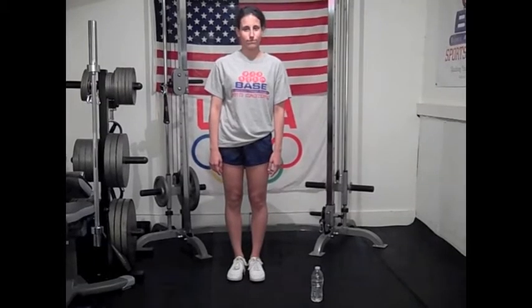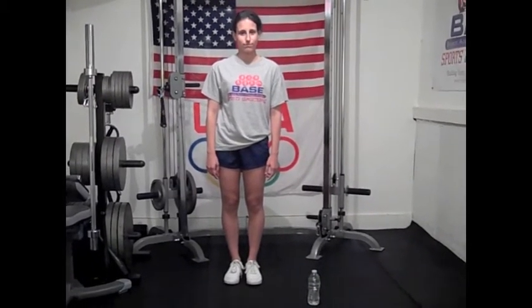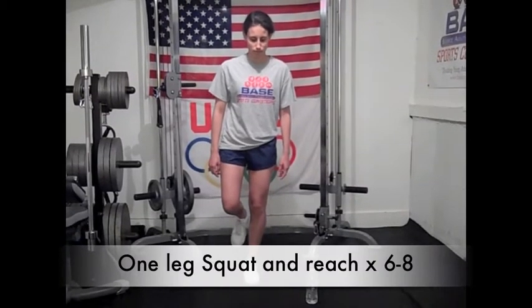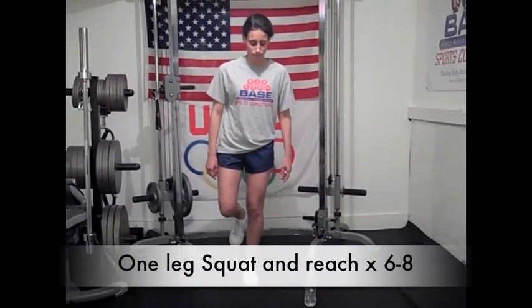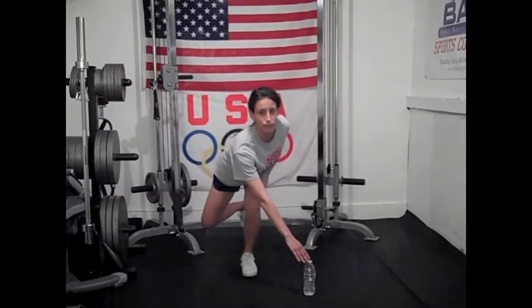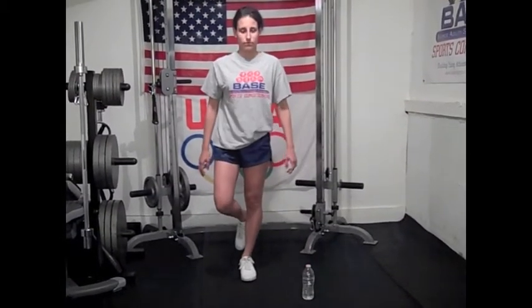Now I'm also throwing one strengthening drill in here as well. We're not going to do too many reps of this prior to a practice, but this one's called the unilateral squat and reach, or the one-legged squat and reach. You can use either a water bottle or an agility cone, something that's about a foot high or so. And you're going to place it 1 foot in front of you and 1 foot over to